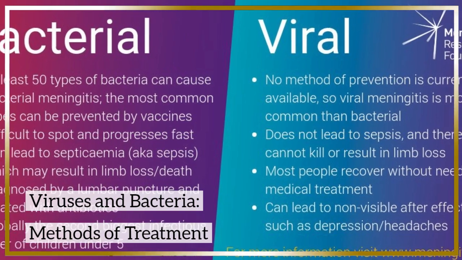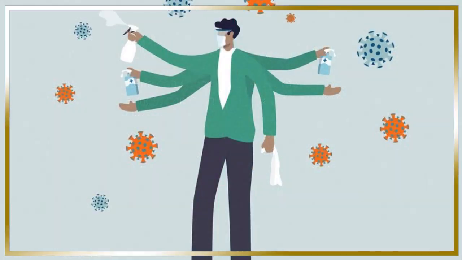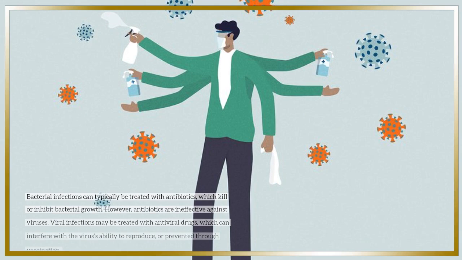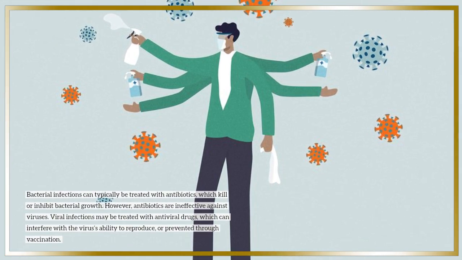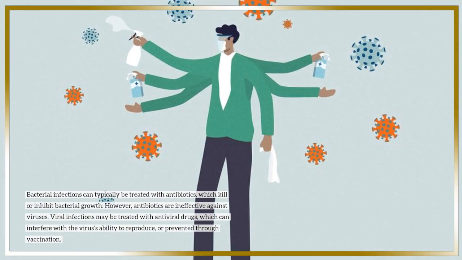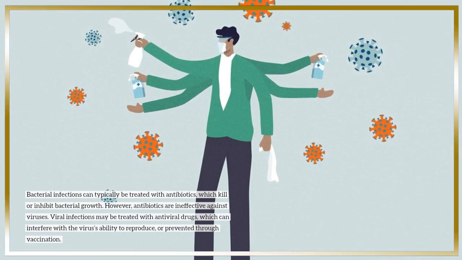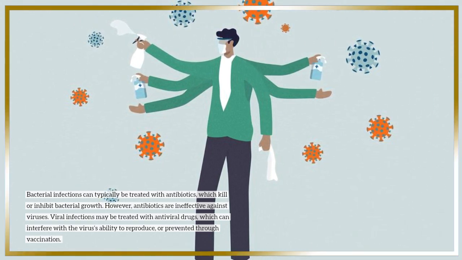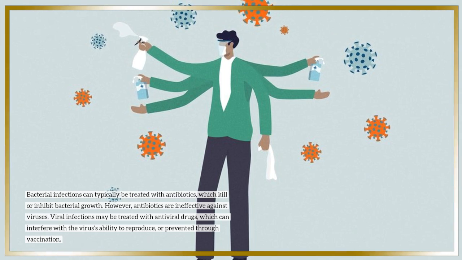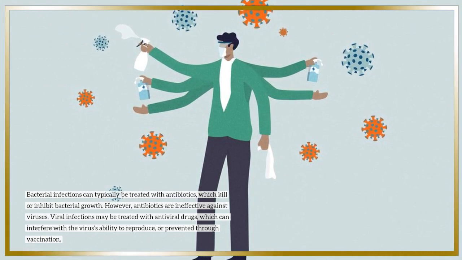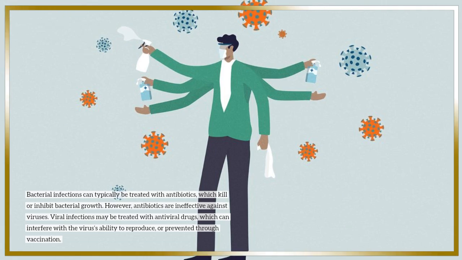Viruses and bacteria: methods of treatment. Bacterial infections can typically be treated with antibiotics, which kill or inhibit bacterial growth. However, antibiotics are ineffective against viruses. Viral infections may be treated with antiviral drugs, which can interfere with the virus's ability to reproduce, or prevented through